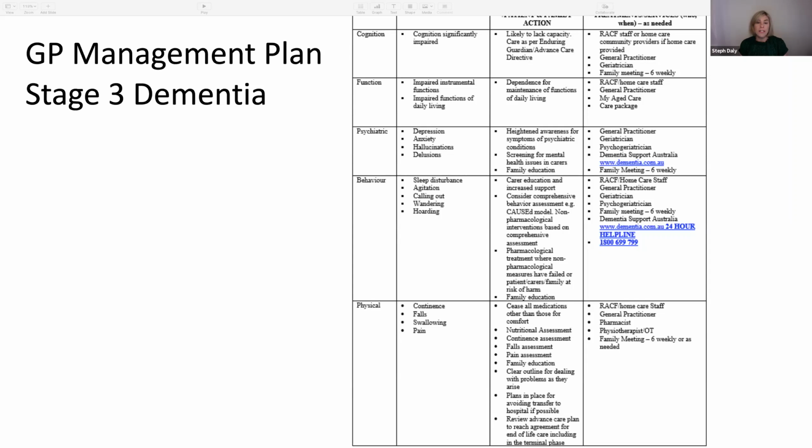Again, there's a lot of changes in physical needs, particularly incontinence, falls, lack of mobility, even swallowing and increasing pain. Patients may be bedbound, they may be struggling to eat and drink, and it's important that we recognise that when we get to this stage, it really is the palliative care stage. So you want to be avoiding unnecessary hospital admissions, stopping or rationalising medications that aren't necessary, and having some kind of advanced care plan or advice for either the nurses or the relatives about how things will be managed.